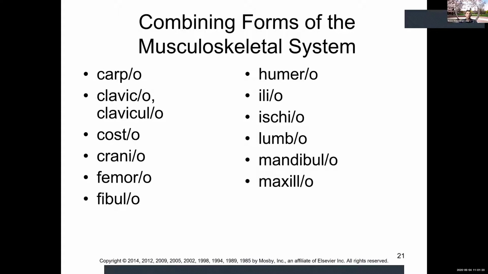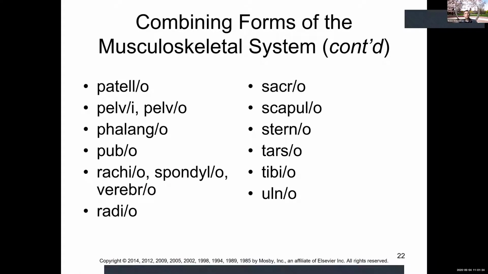Mandibulo and maxillo, of course, dealing with the mandible and the maxilla, lumbo for lumbar or like lumbar vertebrae. Continuing on, patello, of course, kneecap there, the patella. Pelv and pelvo for the pelvic bone, again, phalange, so again, fingers and toes. Pube, going back towards the pelvic girdle, and the pubic bone, which again is the part that's joining the pelvis together, anterior center. Rachio, spondylo, and vertebro, you can see those there as well regarding vertebrae, the spine